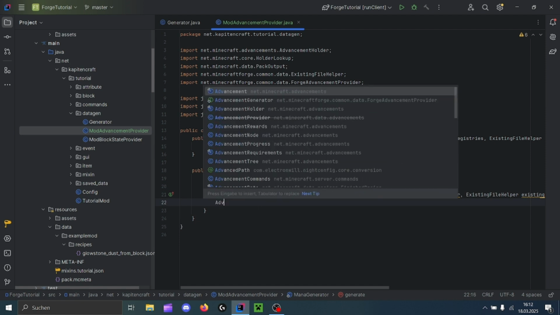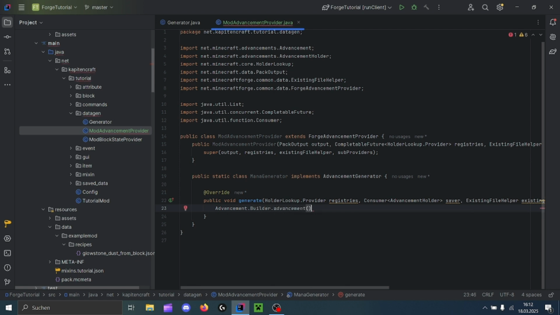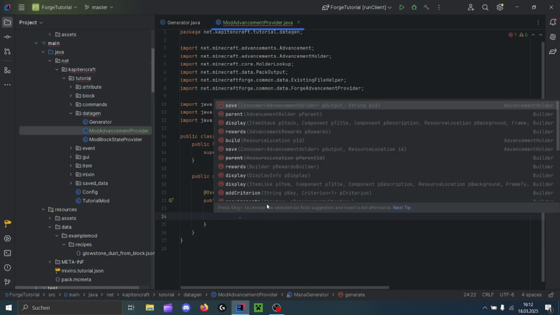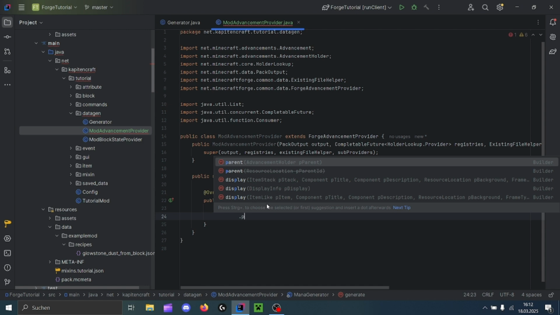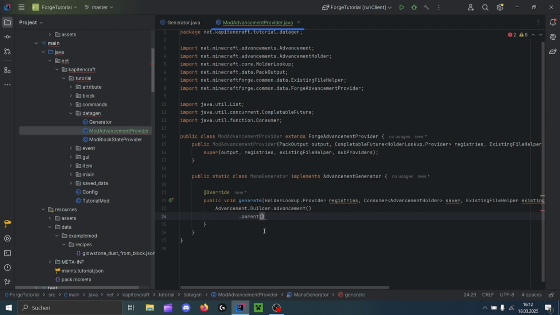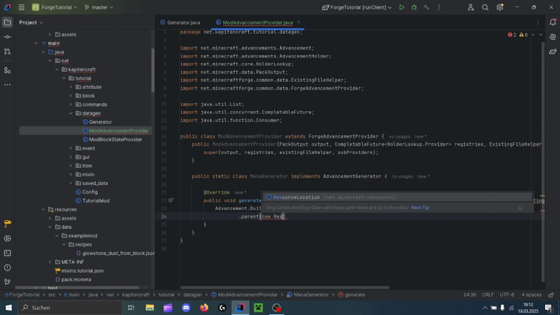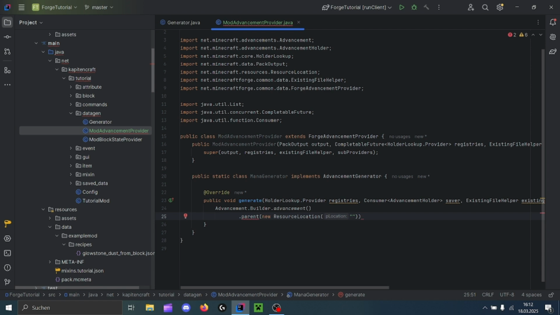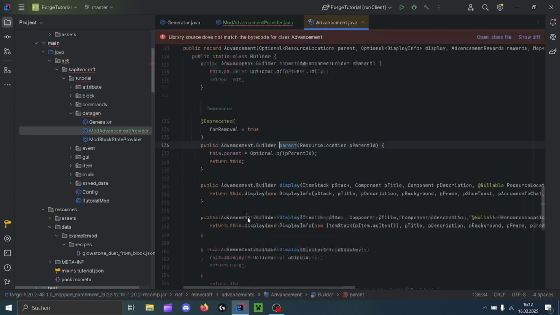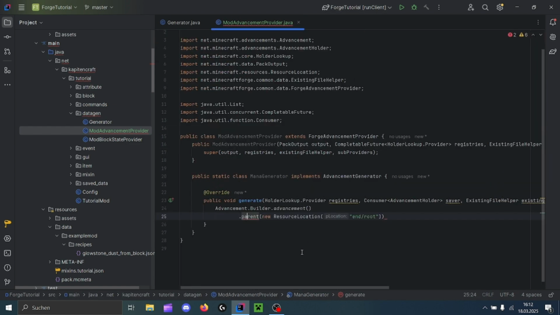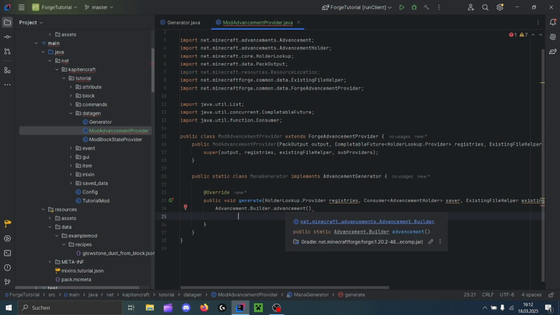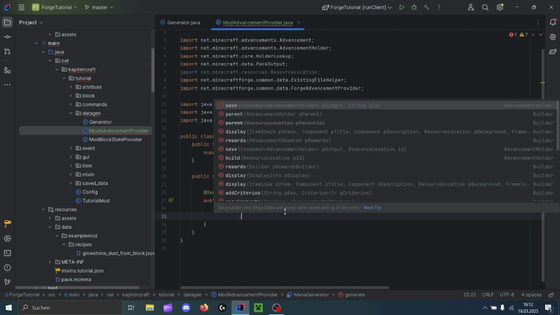These will be created doing Advancement.Builder.advancement, and then you can add a few different things to it. First of all, if you don't put any parent to it, that means you can put parent new ResourceLocation end/root. That would target the root, but you can't use this way because it's for removal. I have actually no idea how you would reference vanilla advancements as roots or as parents. But if you don't put a parent in it, it will create a new tab, and therefore you will have